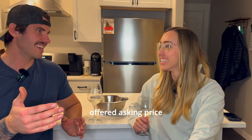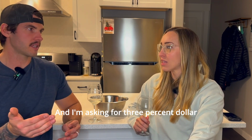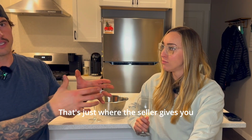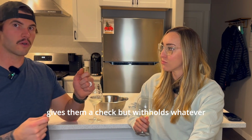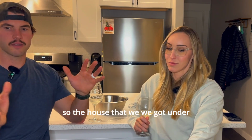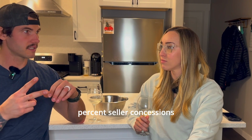You mentioned that we offered asking price. Yeah, but that's because we wanted more leverage in the deal, and I ended up asking for 3% seller concessions. A seller concession, if you don't know, is where the seller gives you back money, essentially. At closing, the bank gives them a check but withholds whatever the concession is, typically as a percentage. The house we got under contract was a $500,000 house, and we asked for 3% seller concessions. They came back with 2%,